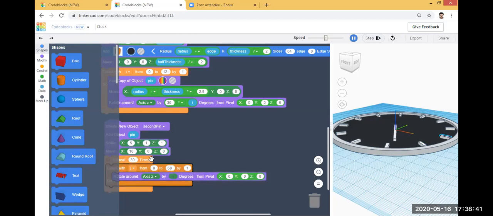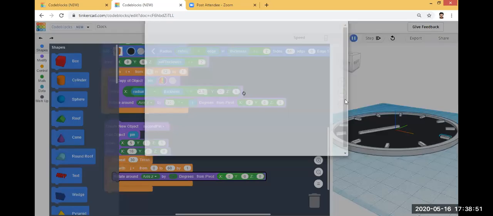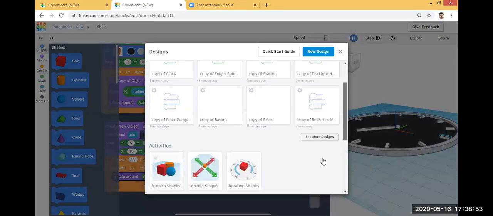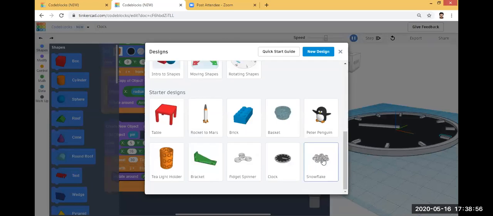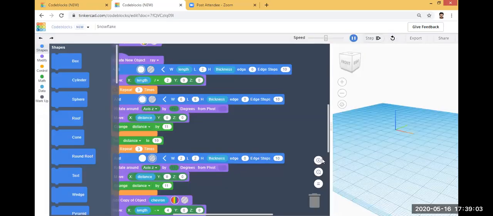In the last line you can see repeat 30 times, and this is rotate around Z axis. Then the last example is the snowflake. So you can see this snowflake.